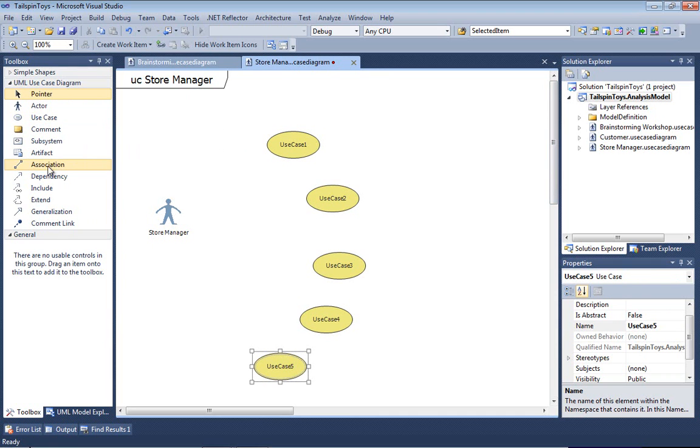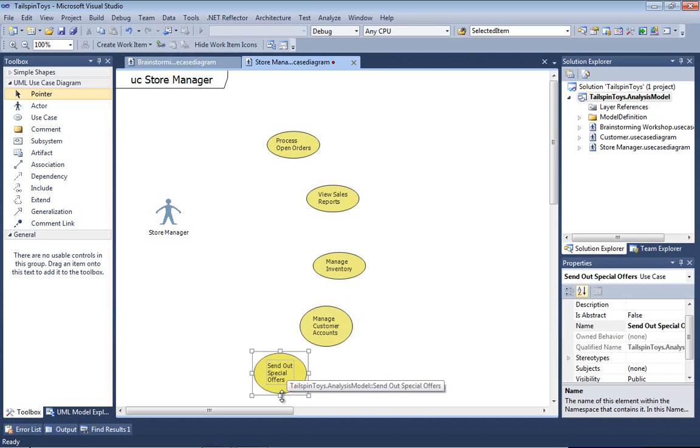Hit escape. And let's see, so the first one was process open orders, view sales reports, manage inventory, manage customer accounts, send out special offers. Now notice, these are not the same order that I read them to you from the